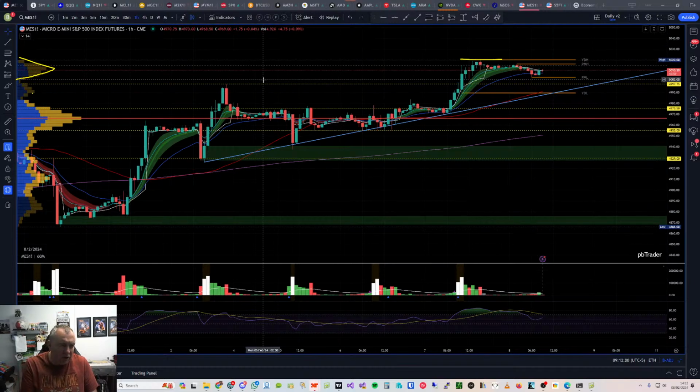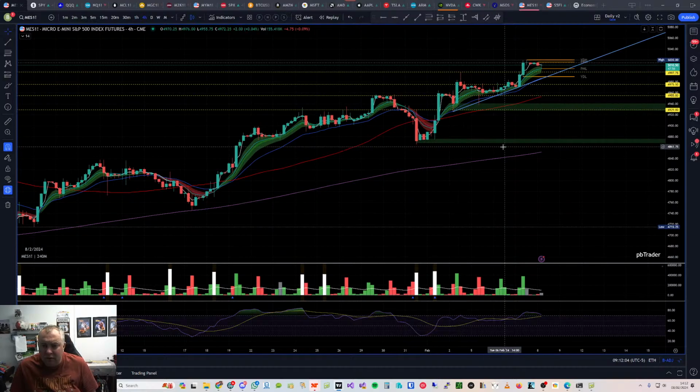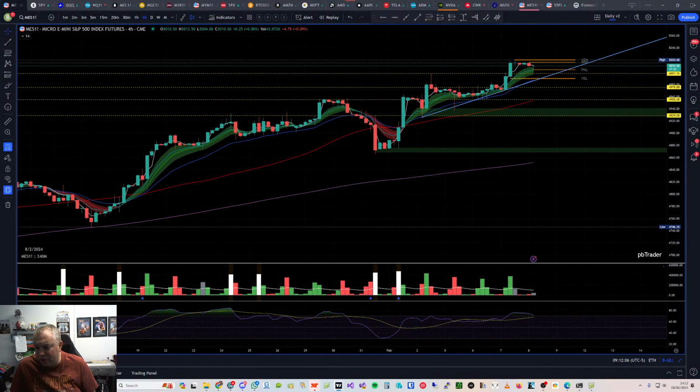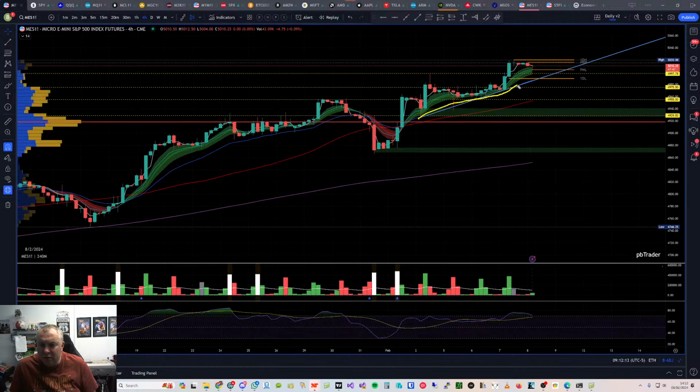Another good chart to look at, one thing I forgot, I've been watching the 4-hour chart a lot recently as well. It's quite clear, the uptrend on the 4-hour chart. Again, the 20 moving average is kind of holding it. We haven't come back to touch it yet. Where is it? The 20 is below that trend line. So while we're on the 4-hour chart, while we're above the 20, we can only look for trend entries. That's how I'm going to start playing it. Try and go with the trend more.